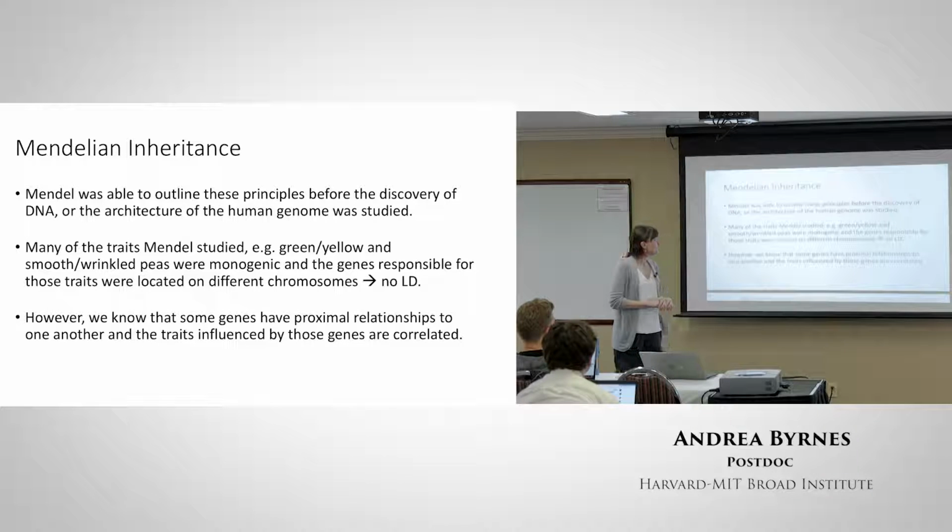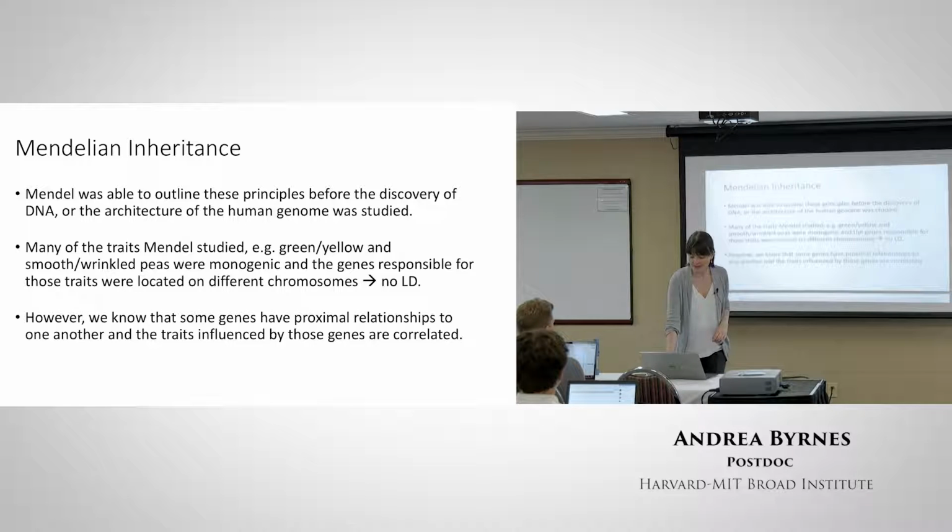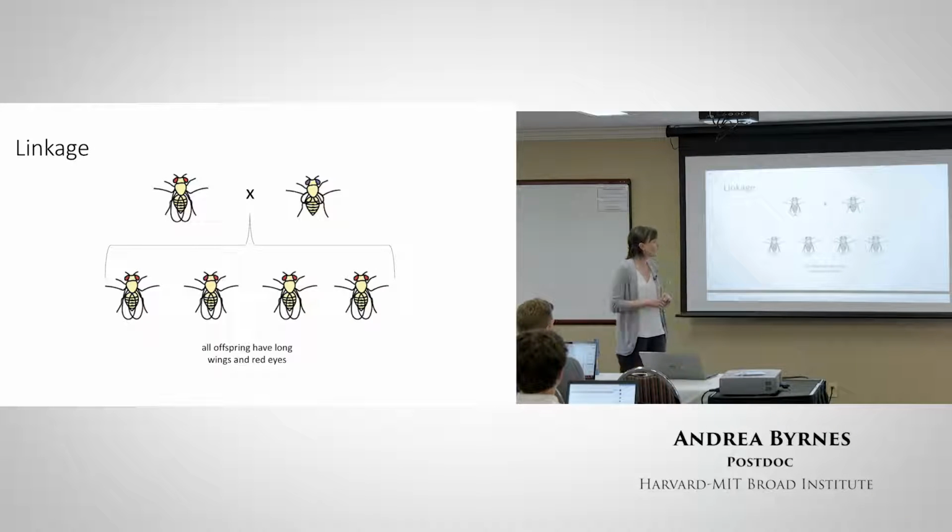All right. So long before the discovery of DNA, Mendel was already outlining these principles. He studied peas. He really did seem to restrict himself to traits that were on different chromosomes, and it's up to the interpretation of the reader to decide if that was on purpose after the fact or if he just was lucky that way. But we do know that some genes have proximal relationships, and in this century, there were quite a few studies talking about traits that are linked,